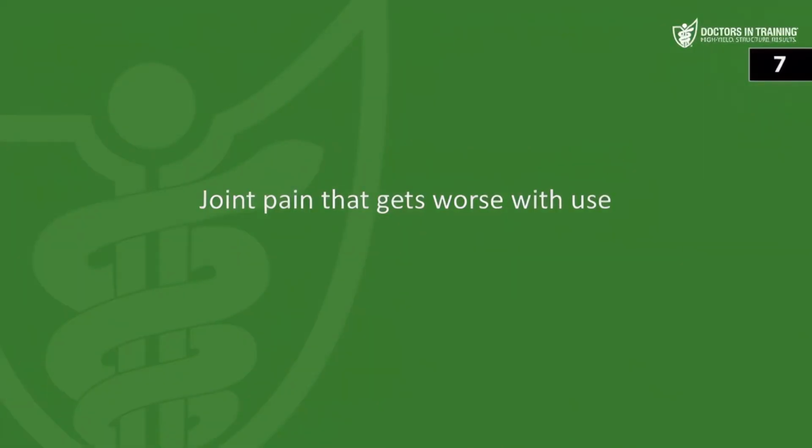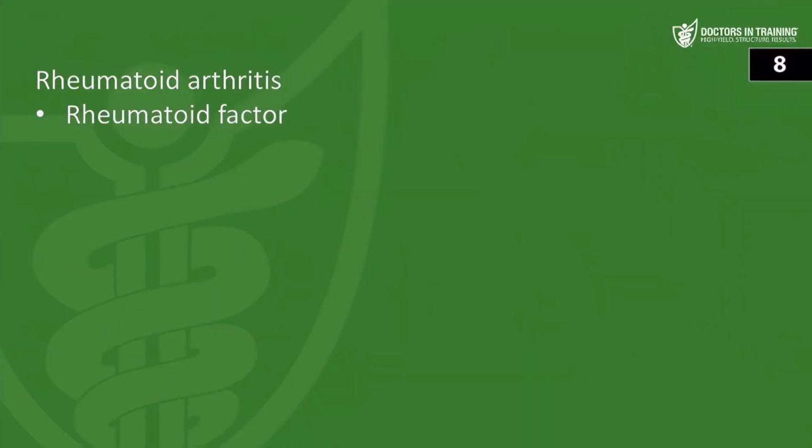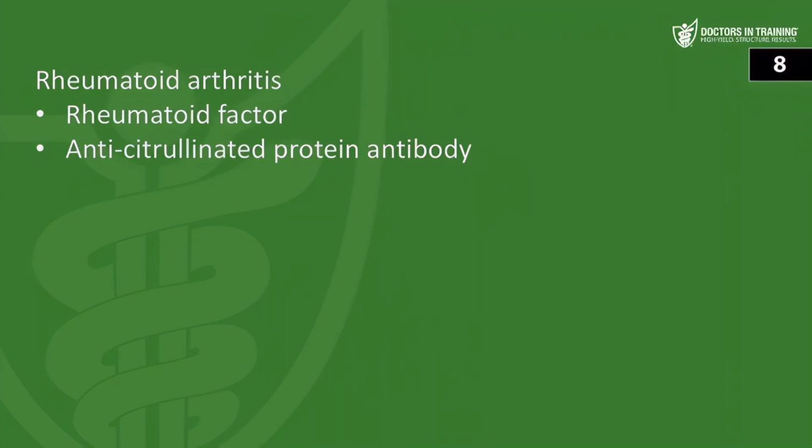All right, first question. What is the classic feature of osteoarthritis? Joint pain that gets worse with use. Remember, rheumatoid arthritis gets better with use and osteoarthritis worse with use. What two antibodies are most useful in diagnosing rheumatoid arthritis? Rheumatoid factor is a great screening test, and the ACPA, or the anti-citrullinated protein antibody, is more specific, more of